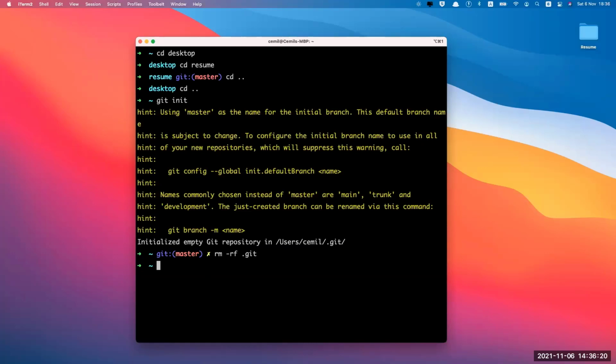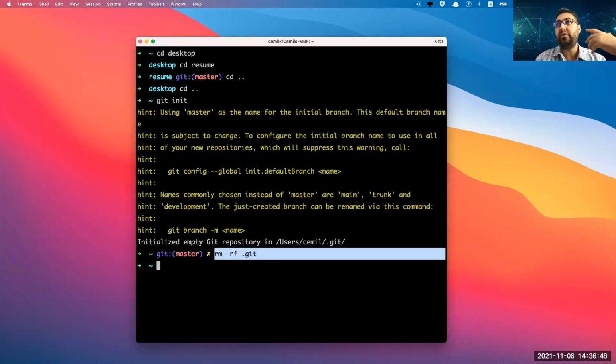Excuse me, Mr. Chairman. Yes, please. If it is not the home folder, I see the Git master just inside one of the folders on my computer that I created for practicing. So I want to get out of the Git master, but I still want to work in the same folder. How can I do that? Is there any way?